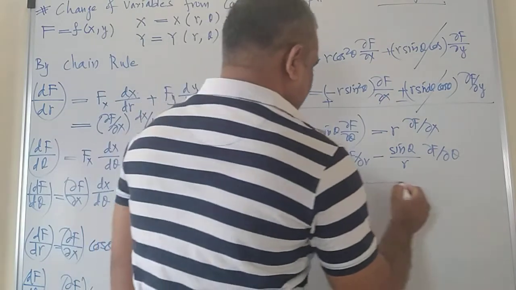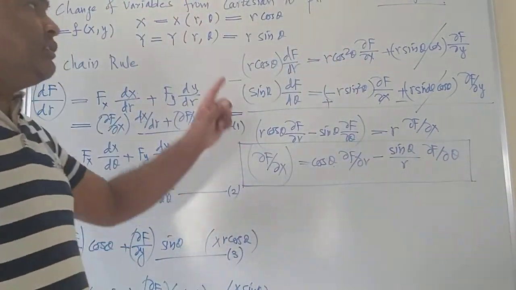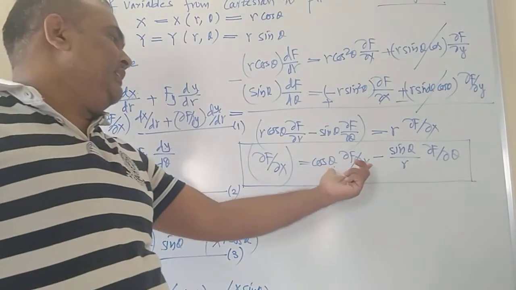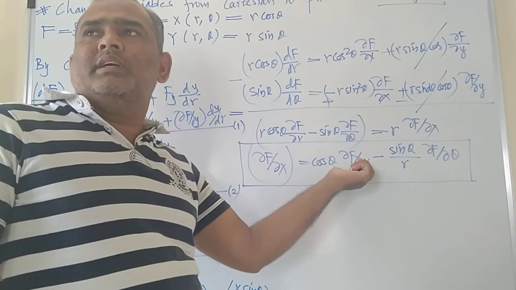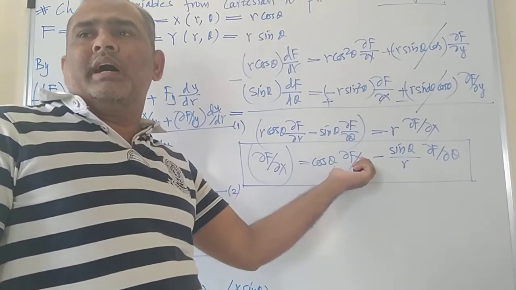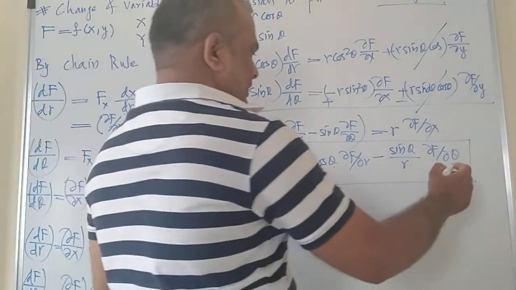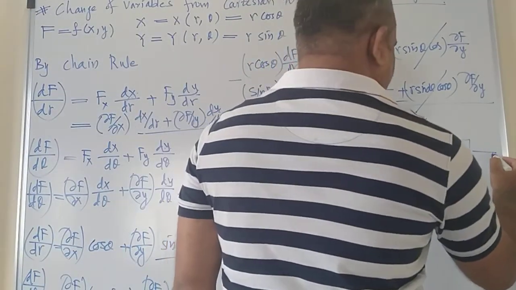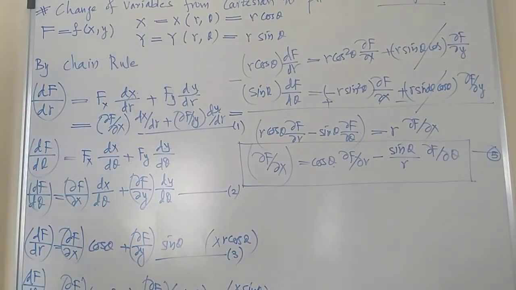So this is the transformation from Cartesian coordinate to polar coordinate, because the right hand side contains all values in r and theta. That means this is a transformation from Cartesian coordinate to polar coordinate system. Got it? Let me say this is the next equation, number five, that is for ∂f/∂x. Similarly, you can work out for ∂f/∂y.